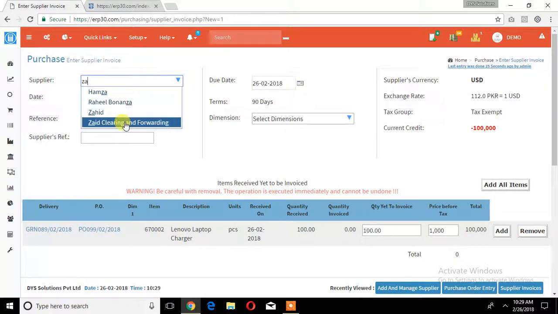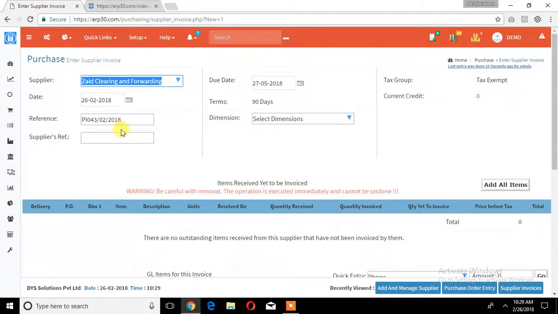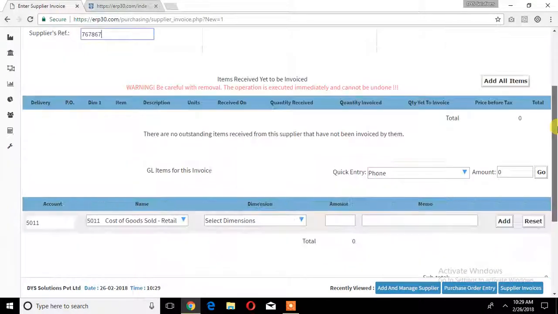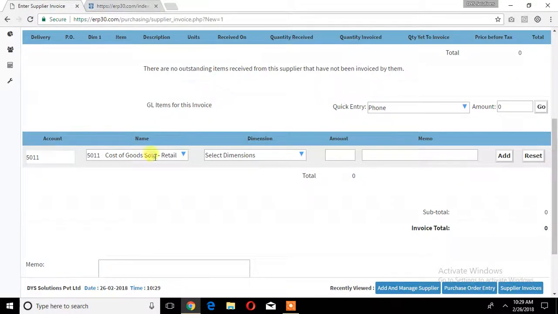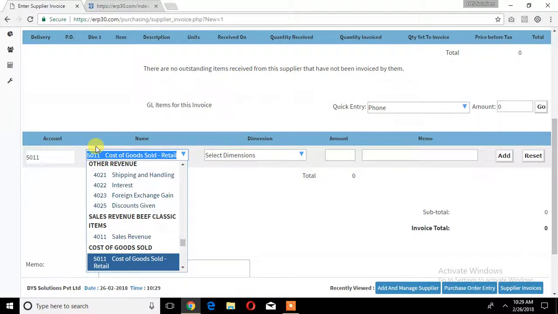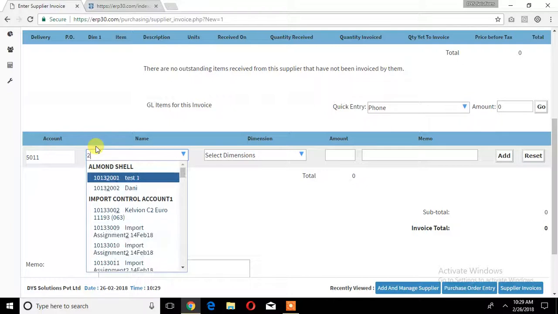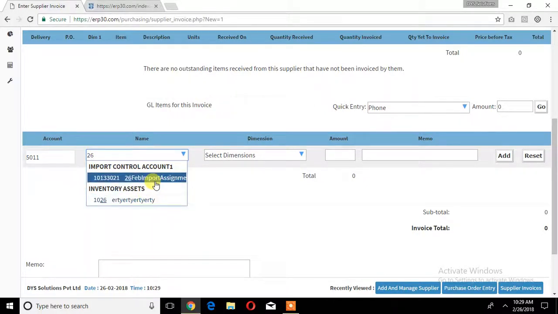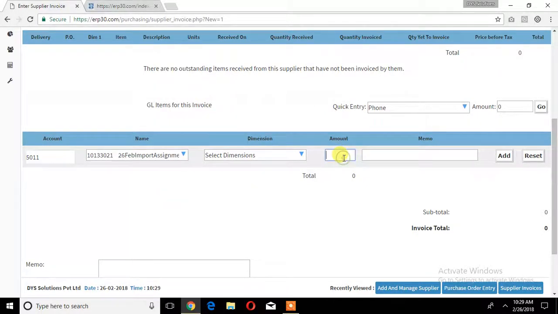In this case, select clearing and forwarding agents. Similarly, from the chart of accounts drop down list, select the import purchase control account and enter the relevant amount. In this case, let's assume